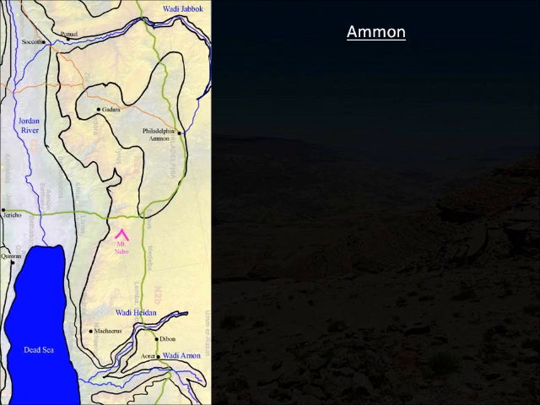So there you have it. That's what your Ammon map should look like. If you want to fill in some of the secondary roads, you'd want to have a road connecting Philadelphia to Succoth, and you'd want to have a road going off of that, going across the Jordan River. This is going to be your connecting road that's going to go up the Wadi Farah, and eventually will connect you with the city of Tirzah in Samaria.